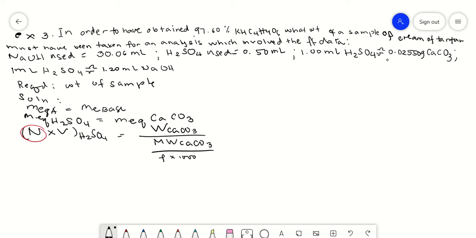Normality of sulfuric acid times the volume, which is 1.0 ml, is equal to the weight of calcium carbonate, 0.02550 grams, divided by the molecular weight of calcium carbonate, which is 100.09 grams,